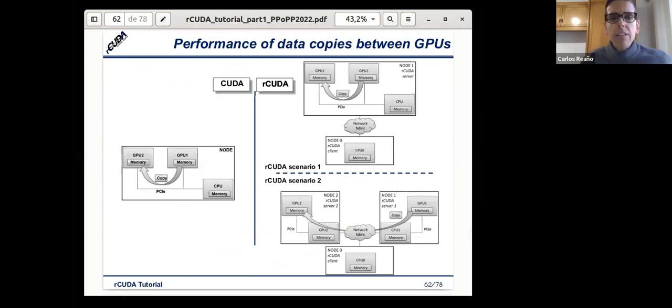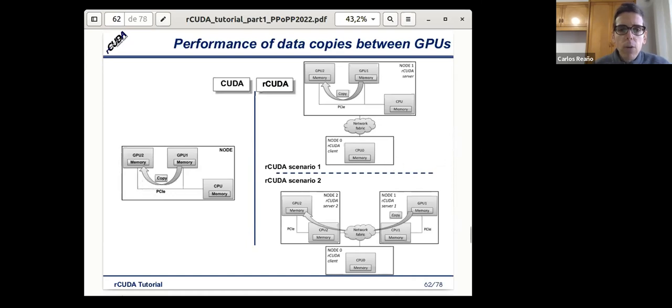Okay. Then the next case is when we have multiple GPUs. In the case of original CUDA, at the left side of the slide, we can see that we have a node with a couple of GPUs, with 2 GPUs. If we want to copy from the memory of GPU 1 to the memory of GPU 2, we go through the PCI Express, and we perform the copy.